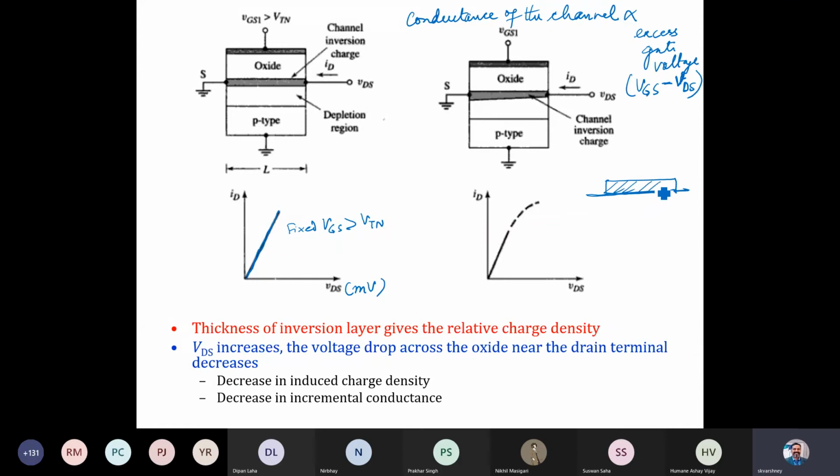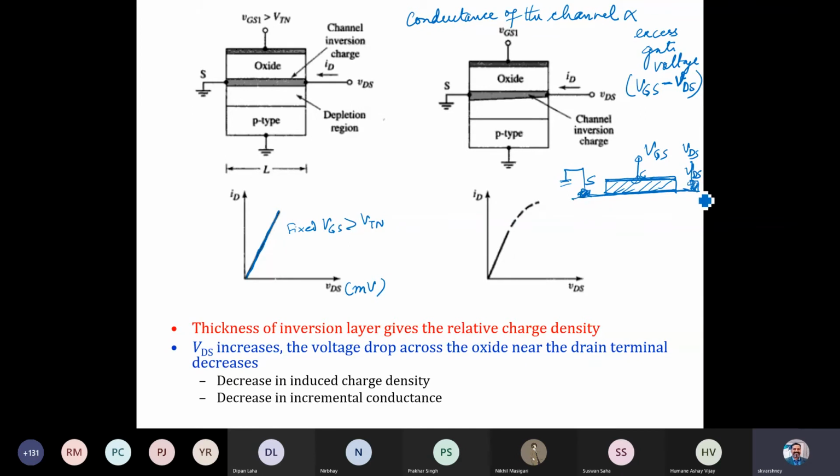So this is the oxide, and the metal you're connecting. This is VGS, and then you have VDS here, and this is the source which is at the ground. This is the drain, connected to VDS. This is the gate terminal, and this is the drain terminal.